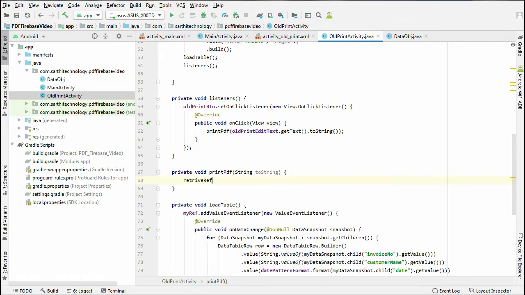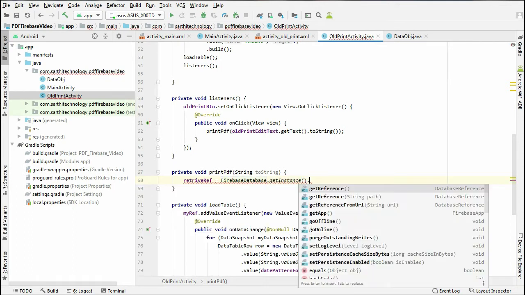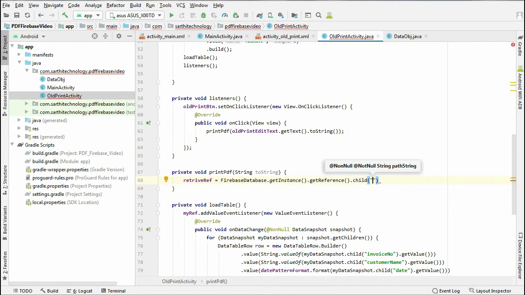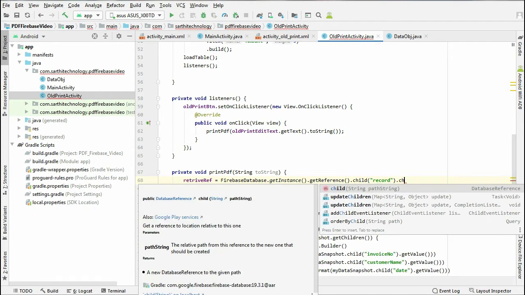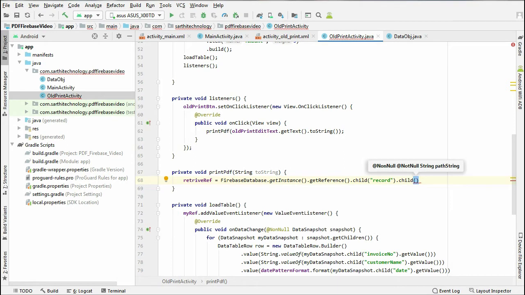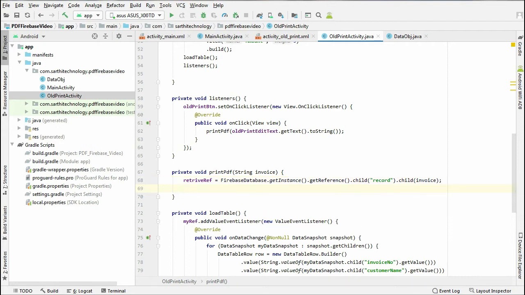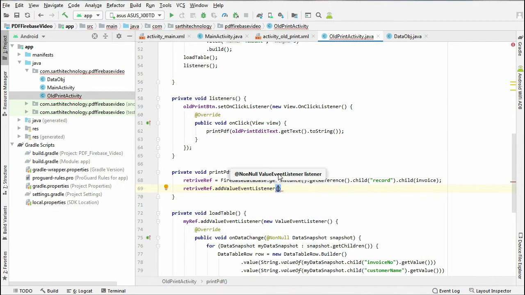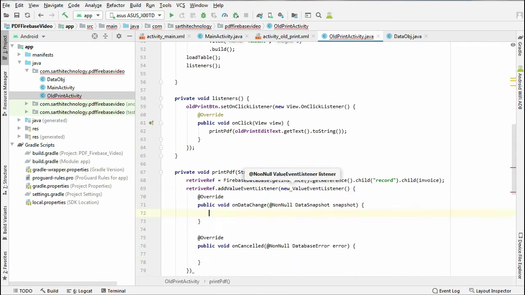So retrieveReference equal to FirebaseDatabase.getInstance().getReference().child, and child will be record, then child. Then retrieveReference.addValueEventListener, new ValueEventListener.